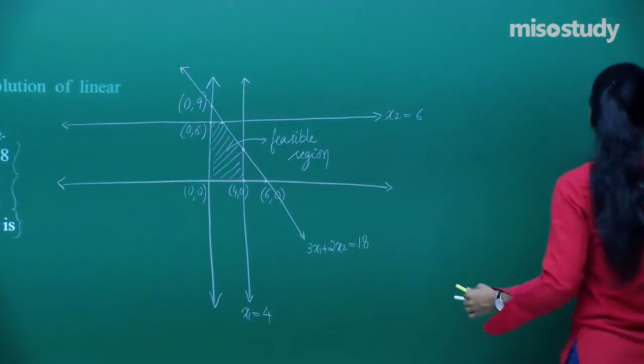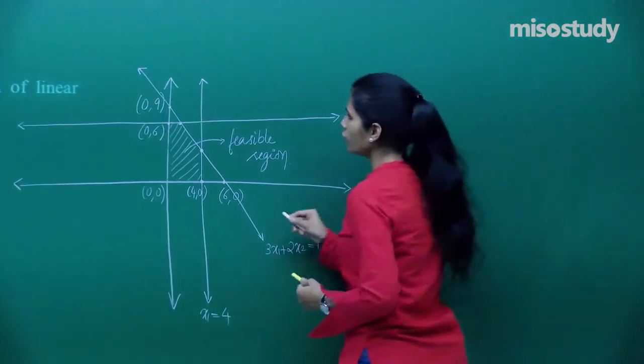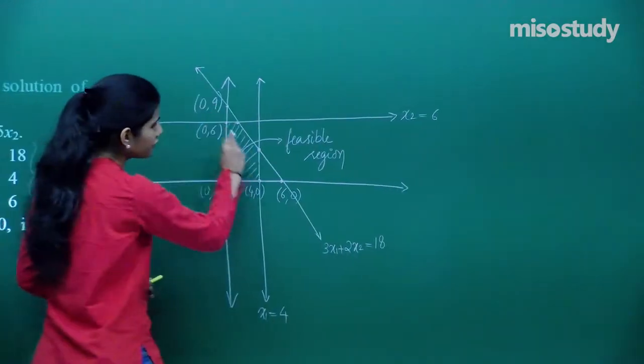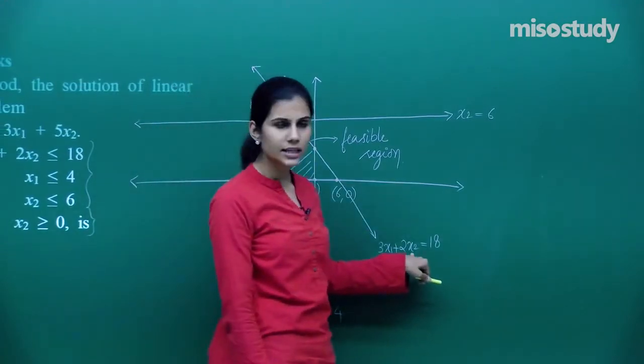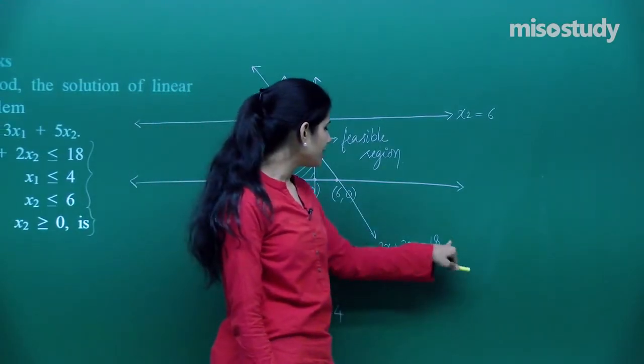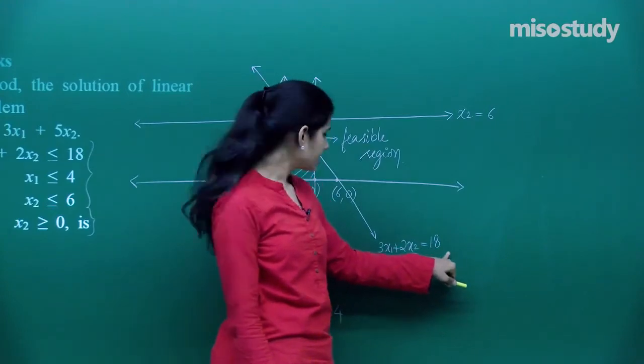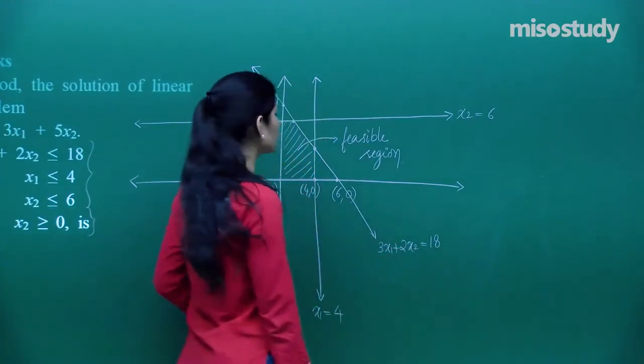So let's do that. What is this? This is the intersection of 3x1 + 2x2 = 18 and x2 = 6. If you put x2 = 6, you get 6 into 2, 12. 18 minus 12 is 6. 6 upon 3 is 2. So x1 is 2,